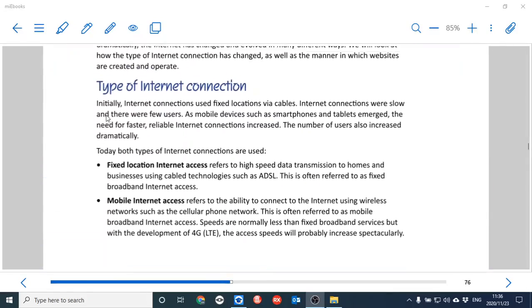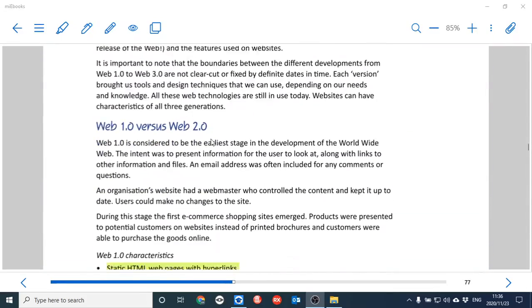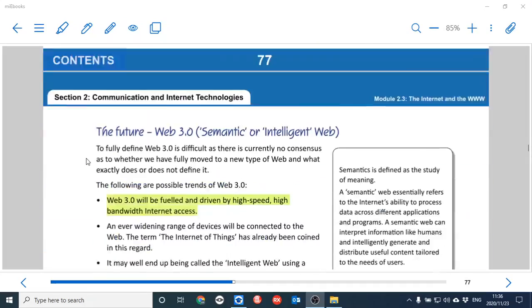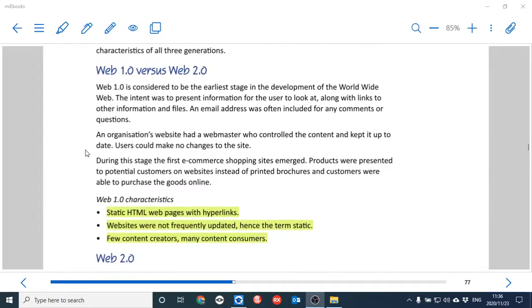Right, now, when we talk about Web 1.0, Web 2.0 and Web 3.0 over here, these are the different generations of the internet, the evolution of the internet. So if we start at 1.0, this is even before my time. We're talking like 1980s, 1990s. This is the early stage of the internet, or sorry, the World Wide Web. Let's be specific, that's my mistake. The internet, again, is the network. We're talking about the service, the web pages on the internet. So we're talking about the World Wide Web.